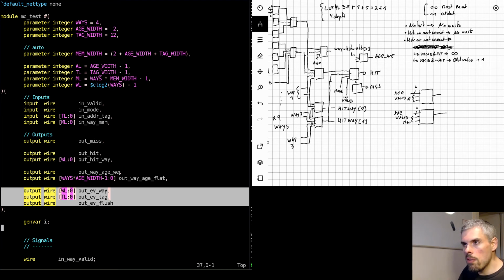Preferably, if a way is invalid, we can select it for replacement, because that means that data is actually unused, and we should definitely use it. And the other is if it's the oldest, for the LRU algorithm. So the way I see that, what we need is